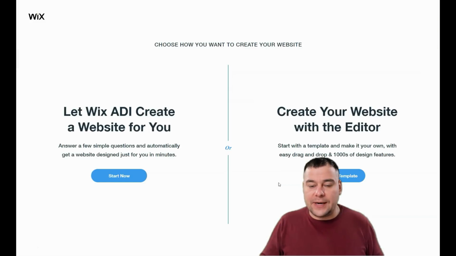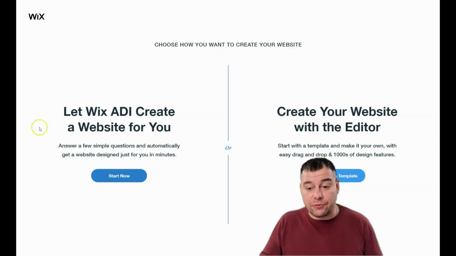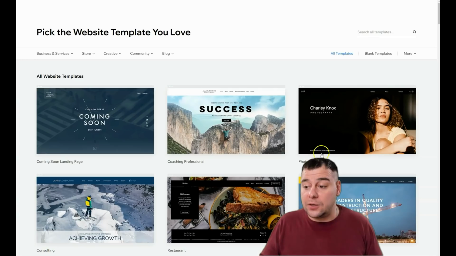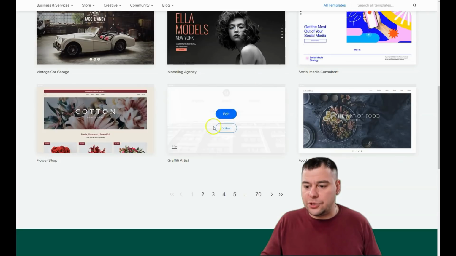So you will find anything that you want, any type of business, any type of thing that you can imagine, you can build on Wix, for sure. You can let Wix ADI create a website for you, just by answering a few simple questions, and automatically get a website that is designed and pre-built for you, or you can choose a template. And we're going to press this button and just hover